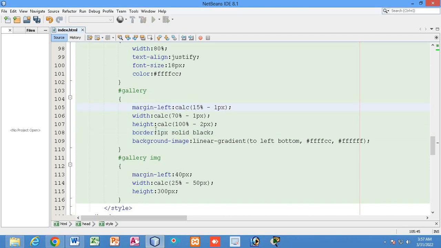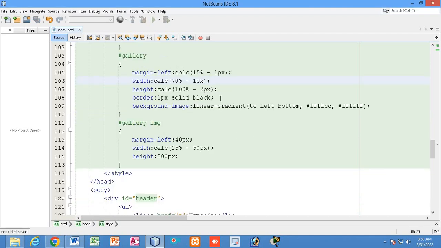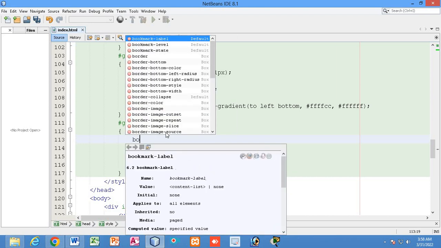Okay, so you can see the left border of 1 px we have deducted from the left margin, but the right border of 1 px, that we are deducting from the width, 1 px, right? So does the image have any border? Does the image have any border?